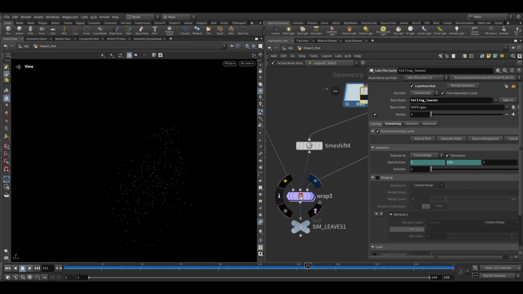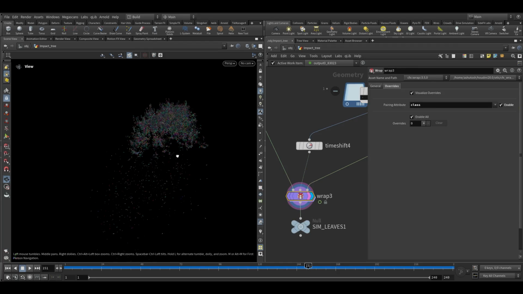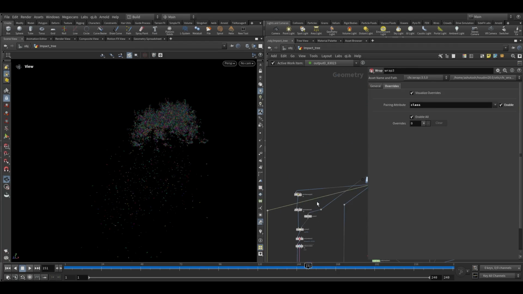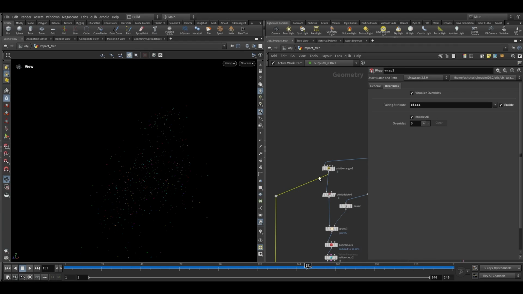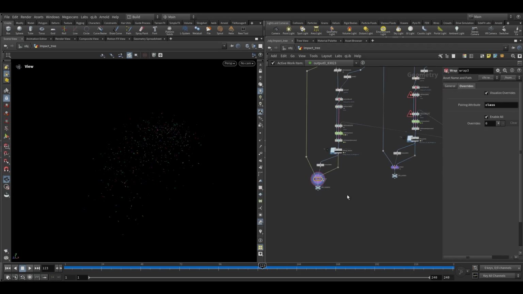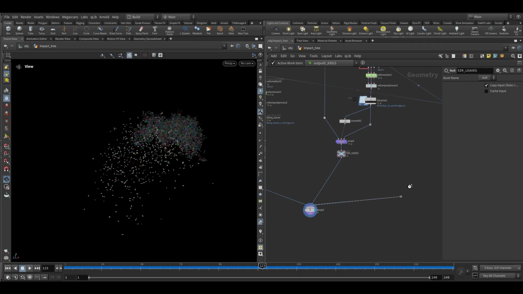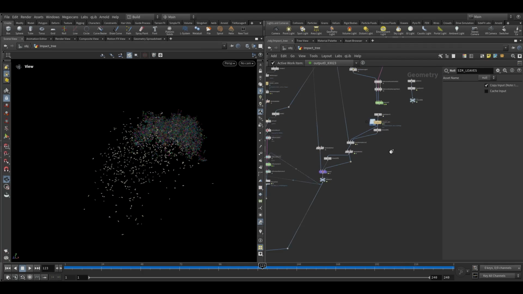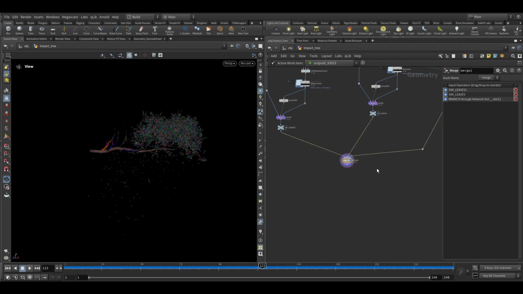It will just take few minutes to get pairing attribute attached, and after that we can here we need to connect this to attribute wrangle. So now you can see it is behaving like this. Now we can merge, we can also connect our branches here, and